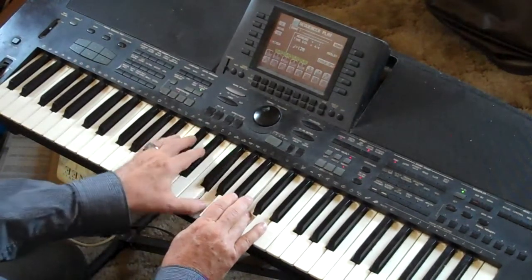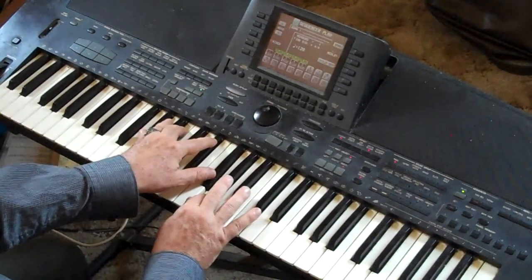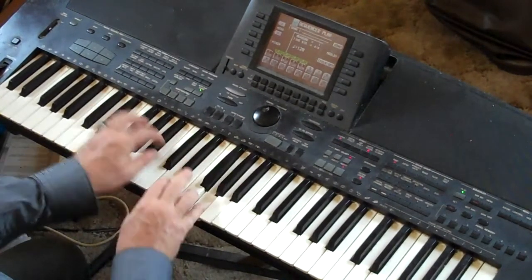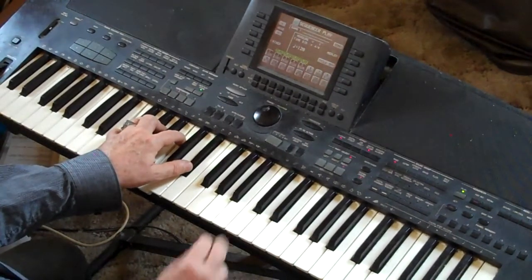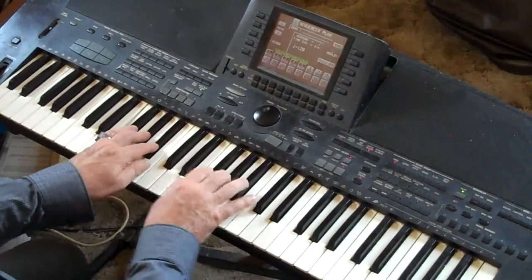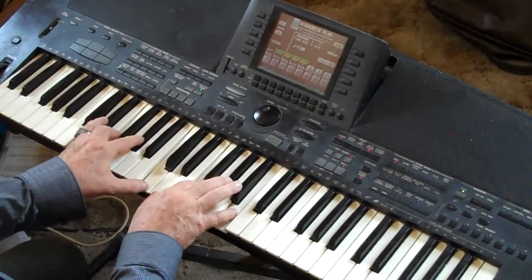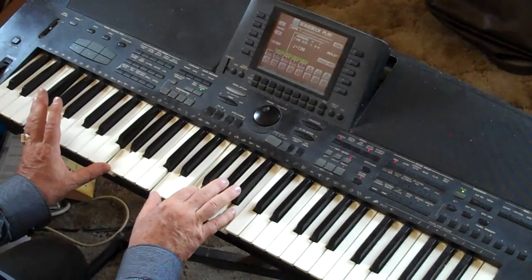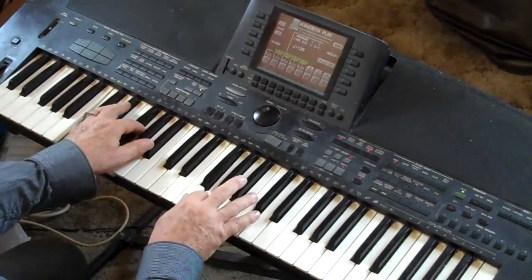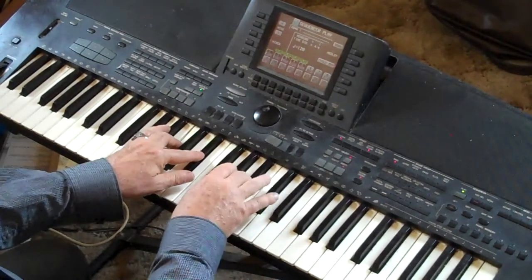B flat minor 7 to E flat to 5 of A flat. To minor, major to minor, E flat to C minor, and then there's an F7 there. There's my D minor 7 flat 5, and I can just change a G there to make that G9 chord with a G flat at 9 chord. And then C minor 7, B flat, 2-5 of A flat, to E flat minor,